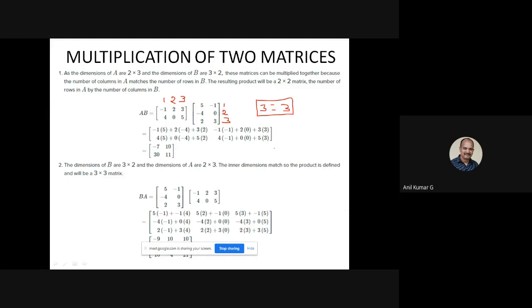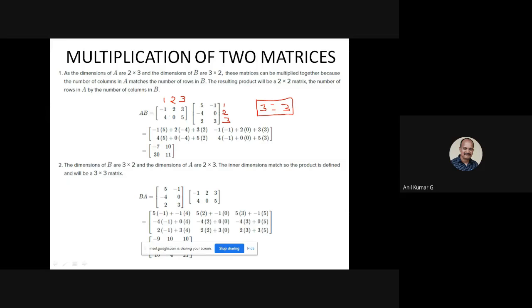Okay. So how are we going to multiply? First, the first row multiplies with the first column, then the first row multiplies with the second column. Similarly, the second row multiplies with the first column, and the second row multiplies with the second column. And how exactly do we represent the order of the row elements in the first